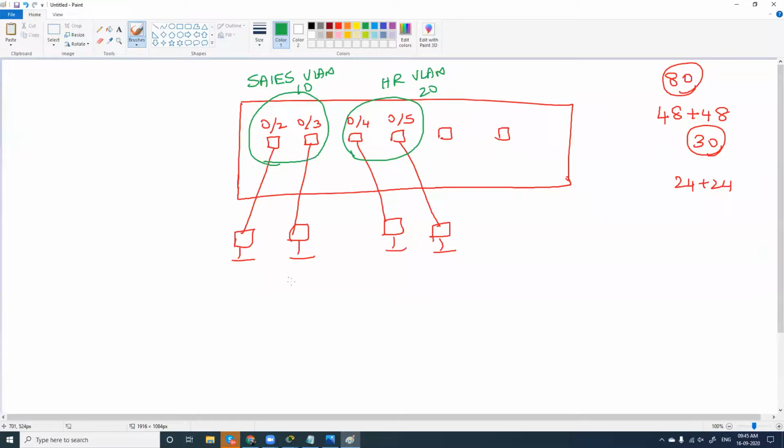After this, I'll try to ping from this computer to this computer. Yes, this will probably work. The IP addresses we'll keep as 1.2, 1.3, 1.4, 1.5, with the default subnet mask for all the computers. And when you try to ping from one VLAN to another VLAN, you'll not be able to ping.